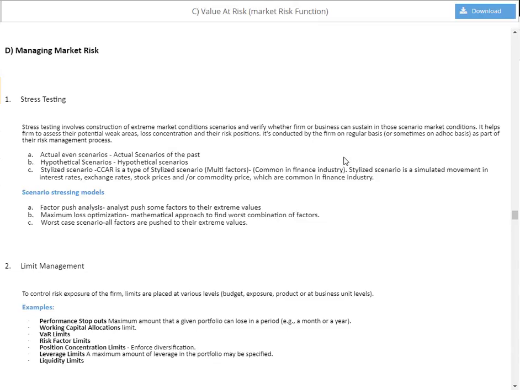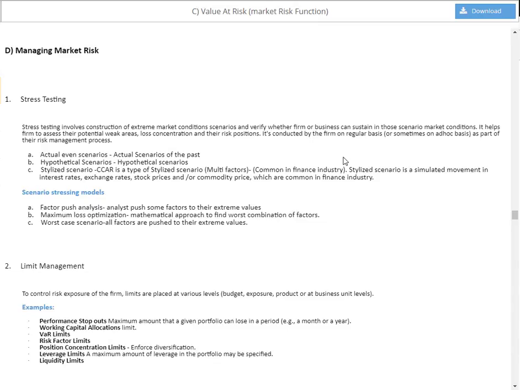Actual event scenarios are scenarios which happened in the past, like the dot-com bubble and the housing market crisis in 2007-2008. So those are a few actual scenarios. Hypothetical scenarios are ones the firm or regulators come up with. Stylized scenarios like CCAR, which is